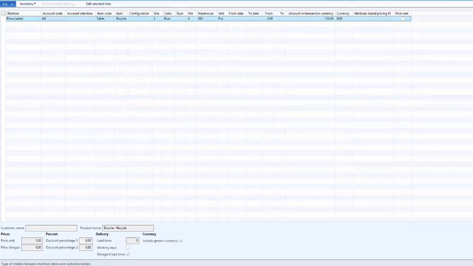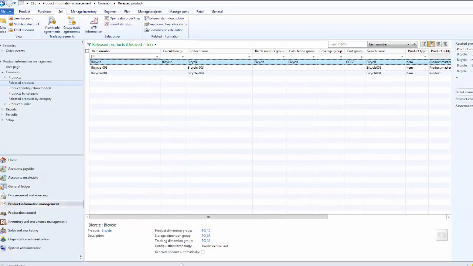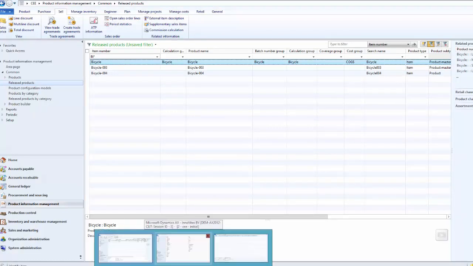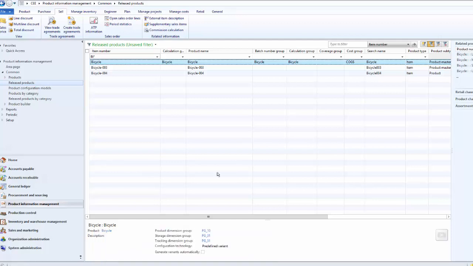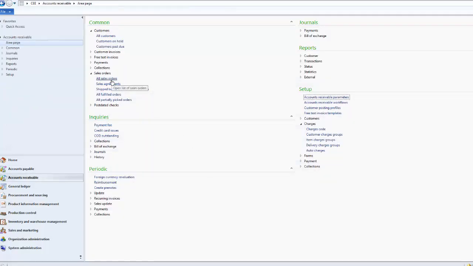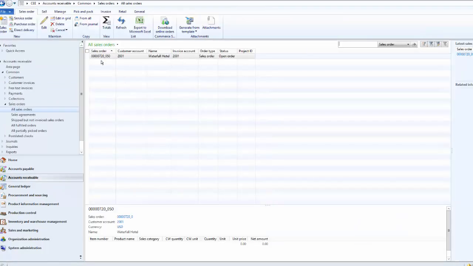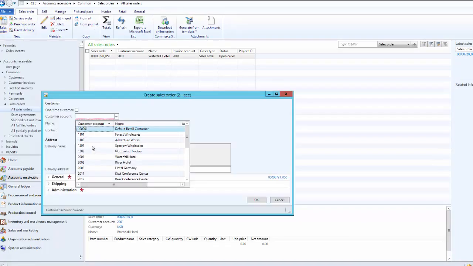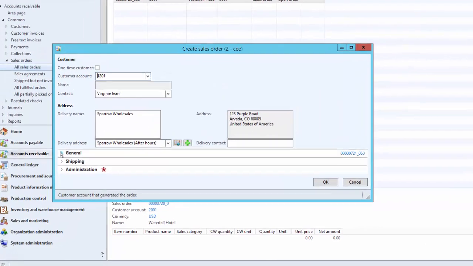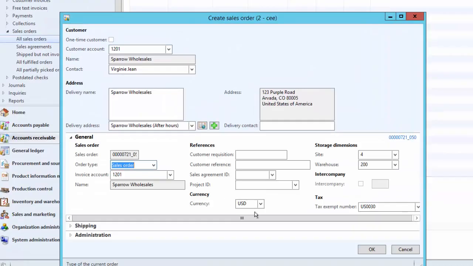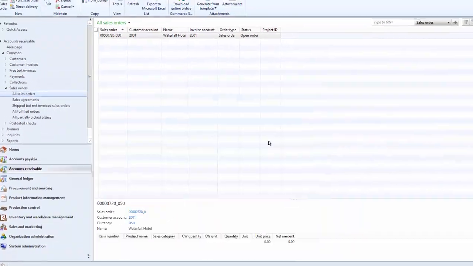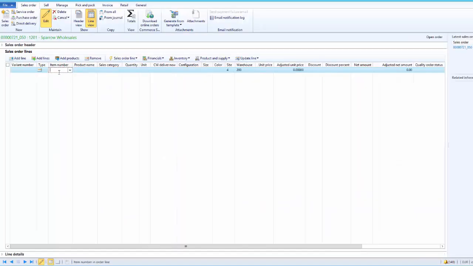So this is done, and as a next step we can try creating a sales order in US dollars, and we will see that the price automatically gets converted as per the exchange rate. So let's create a new sales order from Accounts Receivable, under the common area, click on All Sales Orders, create a new sales order, say Spare Oil Sales, and under General we can verify that currency is set to US dollar. We select the product bicycle